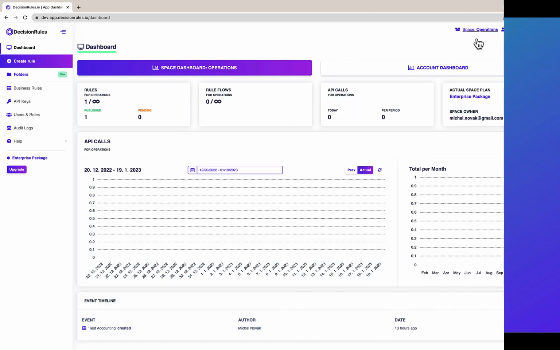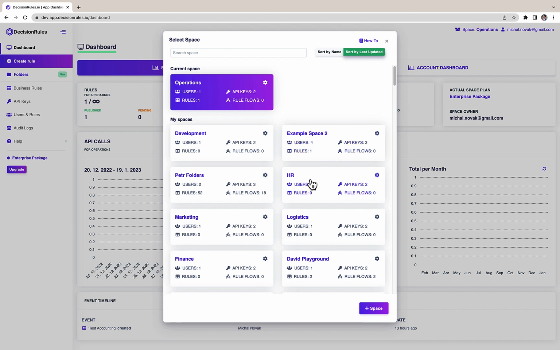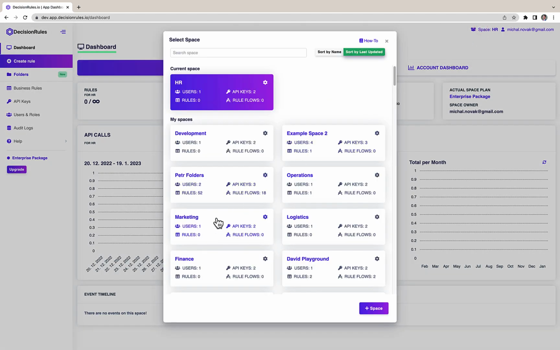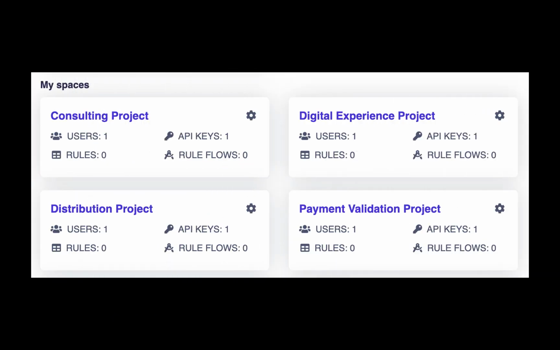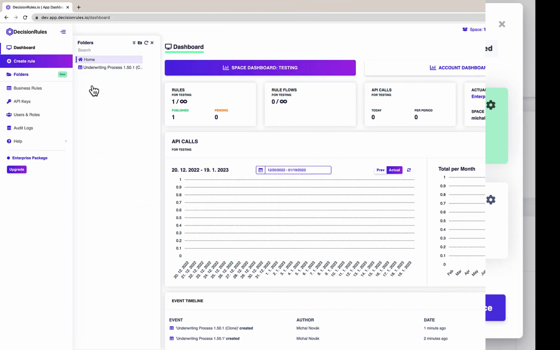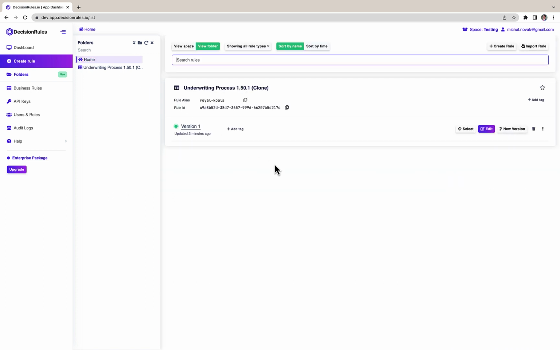Here you can see how easy it is to switch between spaces. For example, from operations to HR and then to marketing. Here is an example how it can look like if you are using spaces to differentiate between individual projects or company departments. A really useful way how you can use the spaces is to create production, testing, staging, and development